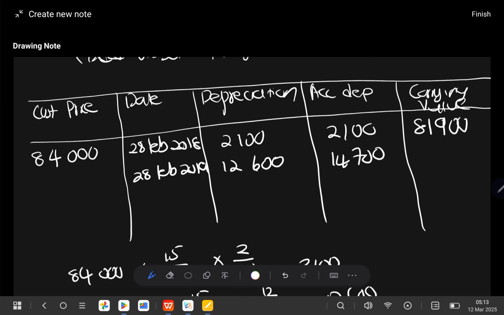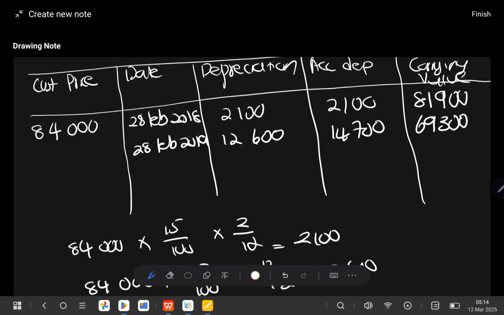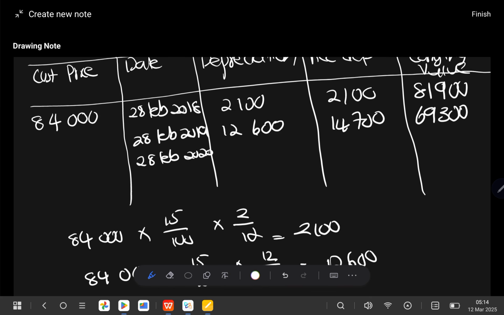So our carrying value will be 84,000 minus 14,700, which will give us 69,300. Now remember, the year that we are in ends in 2021. So for this year, we would have 28 February 2020. For the year that will end in 2020, depreciation for the year, because its cost price is still going to be the same, so we'll have 12,600, and our accumulated will be 14,700 plus 12,600, which will give you